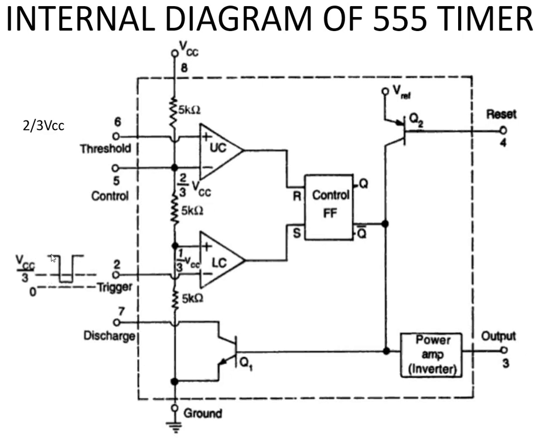Consider the case when the voltage is less than 1/3 VCC. So if the voltage is less than 1/3 VCC, consider the lower comparator: it is 1/3 VCC at the plus terminal and at the negative terminal the voltage is less than 1/3 VCC. So the lower comparator output is high because at the plus terminal we have 1/3 VCC and at the negative terminal we have a voltage less than 1/3 VCC. So the value of the lower comparator will be equal to 1.